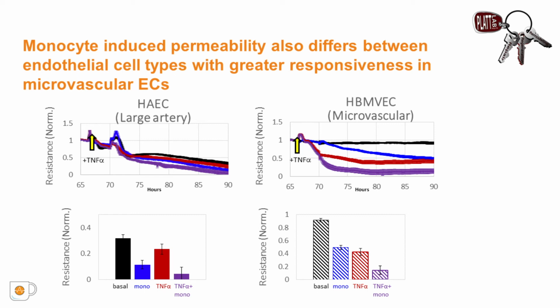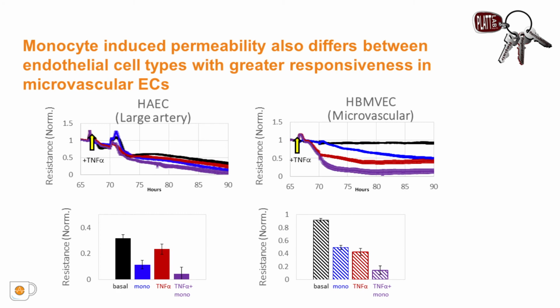But the difference we saw with the microvascular endothelial cells was quite interesting, in that you can see that the monocytes did reduce the impedance, meaning there's increased permeability, but you can see the TNF alpha and the TNF and monocytes alone had a much more differential effect in microvascular endothelial cells, suggesting that what we may be seeing in the major arteries may be having a very different phenotype as those branches in the cerebral artery tree break off more and more and more, where we might start to see complications that could lead to stroke